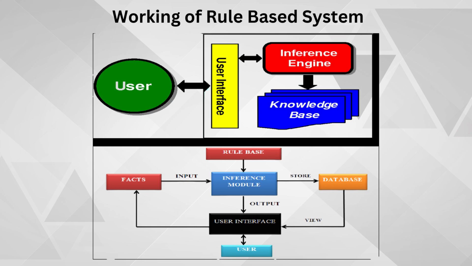Another component of a rule based system is the inference engine. The inference engine is the core of a rule based system. It processes the rules and facts to determine which rules are applicable and should be triggered based on the current situation. It matches the conditions of rules against the available facts and selects the rules that are satisfied by the current state of affairs. There is one component of a rule based system which is a rule interpreter, or it can be termed as matcher.